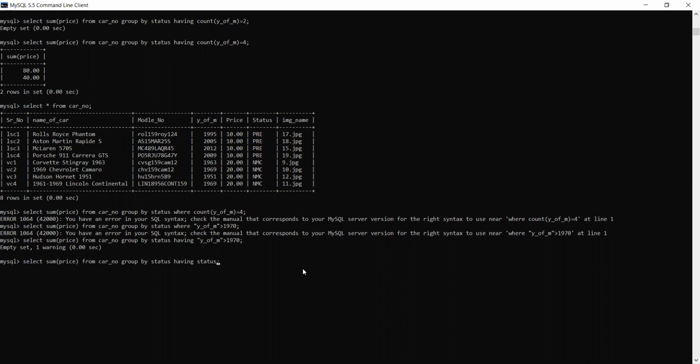It is given something like status is equal to, and then in inverted commas, pre. So what I wanted to show you is that if the value is of integer type, you are going to use aggregate functions, and if it is string type information, it is not compulsory, because aggregate functions are only applicable for integer values, numbers basically, and not for char or varchar information. Clear, or still any doubt?